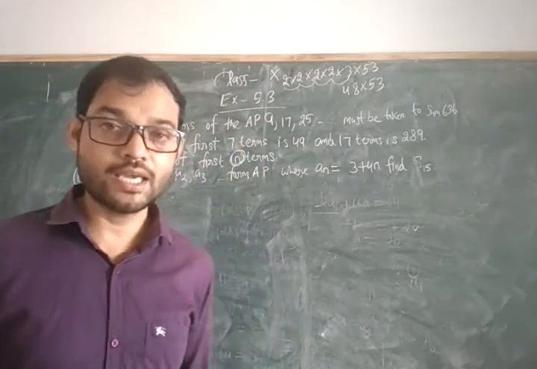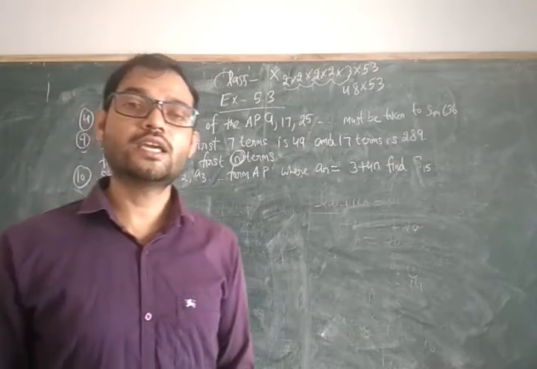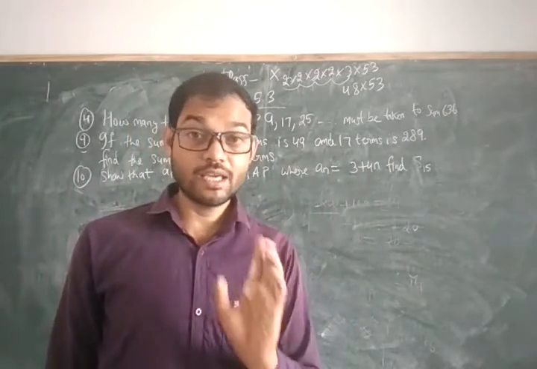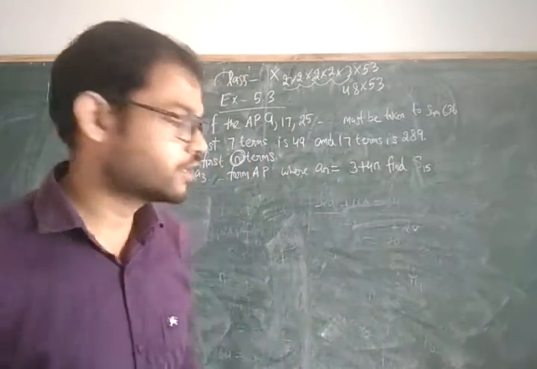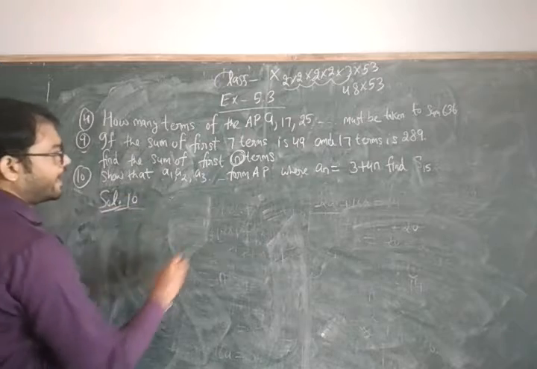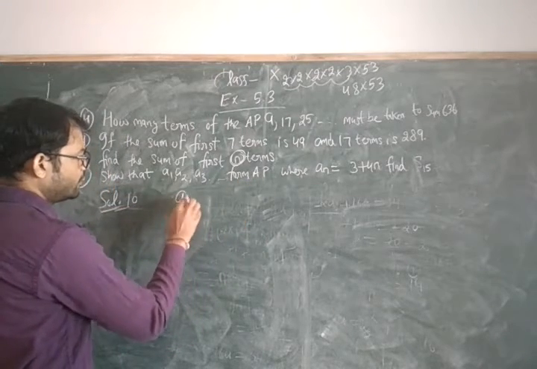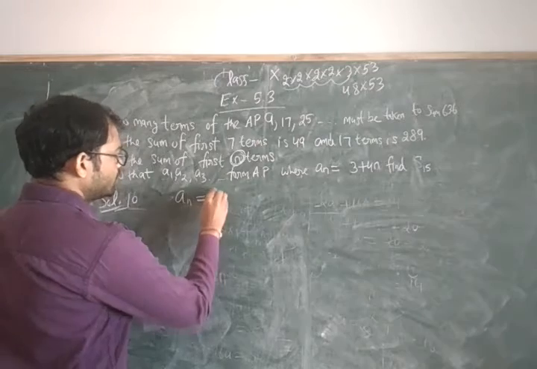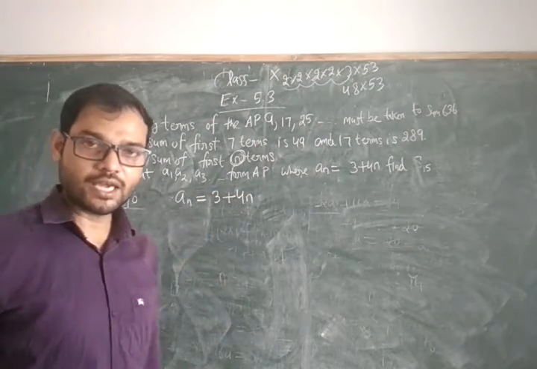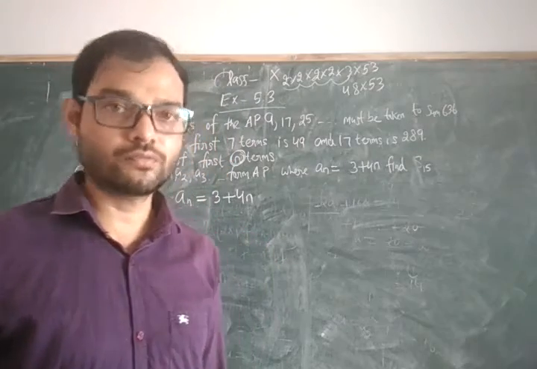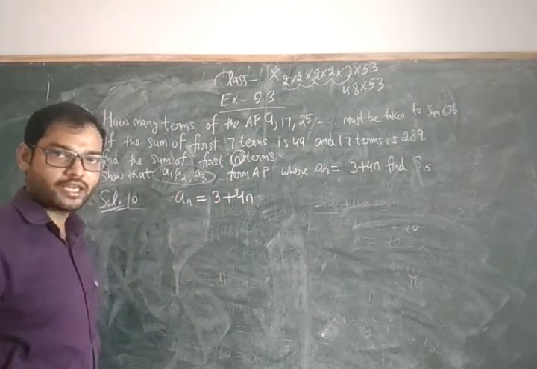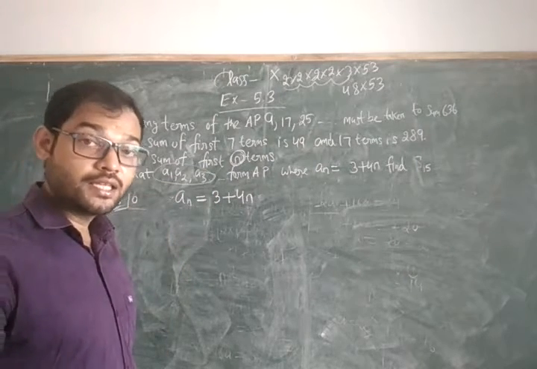पहले तो आपने बताना है कि A1, 2, 3 क्या है, एक आपकी AP है। तो आपके पास उसमें nth टर्म गिवन है, AN गिवन है, इट मीन्स nth टर्म आपको गिवन है। सो nth टर्म इज योर An is equal to 3 plus 4n. You have given An and that is equal to 3 plus 4n, and now उसने पूछा कि ये आपने फाइंड आउट करना है A1, A2 and A3.